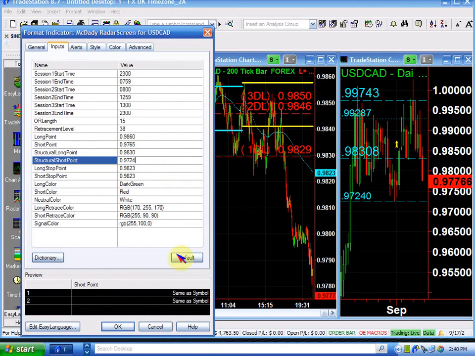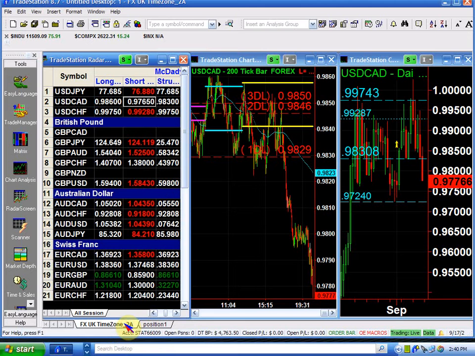So as you can see, the Canadian here looks pretty strong. It's a little bit more extended, so we have to be careful before we take the continuation trade. This is a big range day, so we have to apply the big range rules, and we are going to be patient before we take the trade. As far as the buy side, there is nothing but air over here. We will only take it above these structures because we don't know what's going to be happening over here.